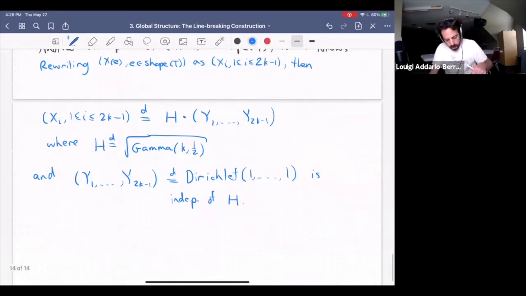Okay, so if you haven't seen a Dirichlet random vector before, this means that